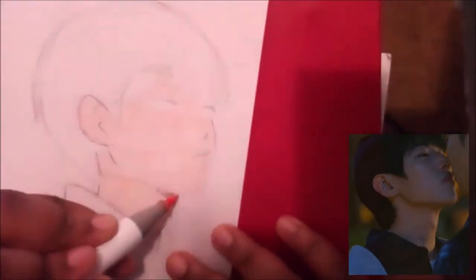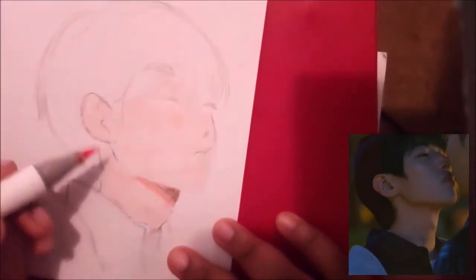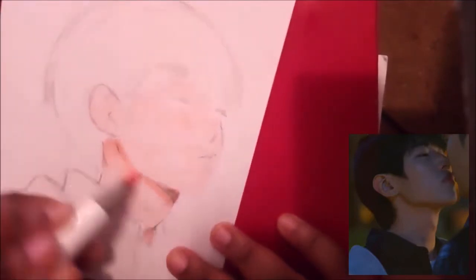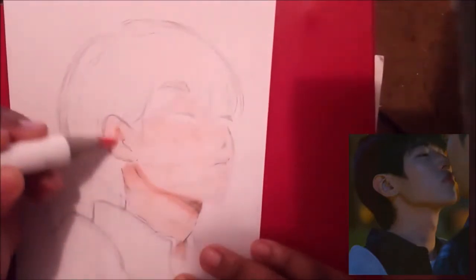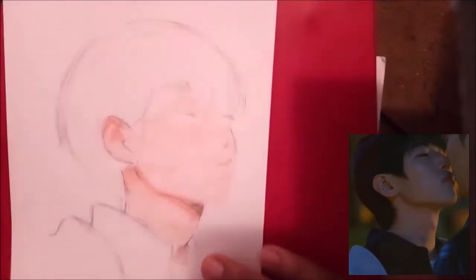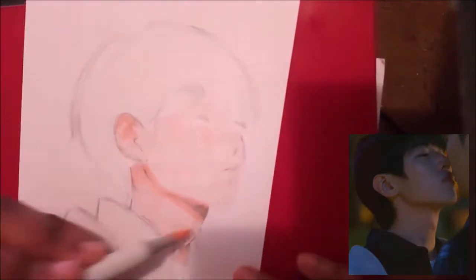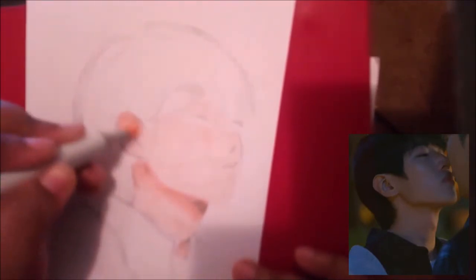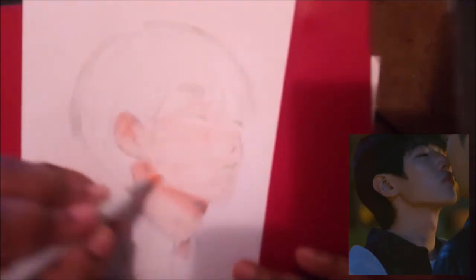So as you're seeing me do here, I laid out the flat base of the face, and now I'm going over with how I normally do my faces, with the first shadow, blend it out with the base, then the second shadow, blend it out with the first shadow, and then the base, and all that good stuff like you normally see me do.